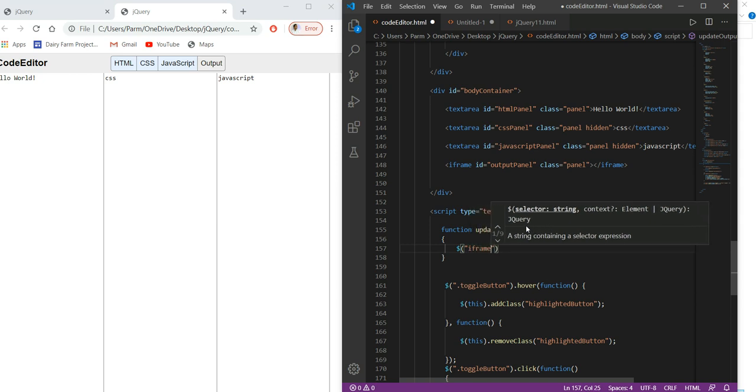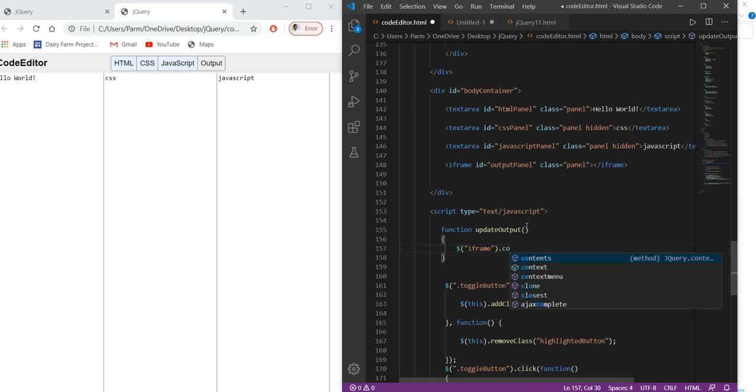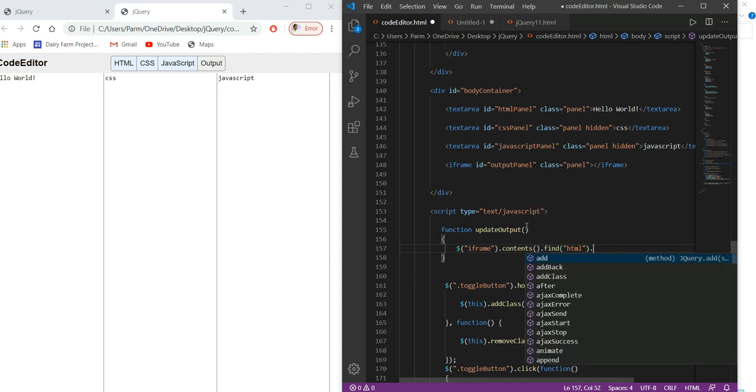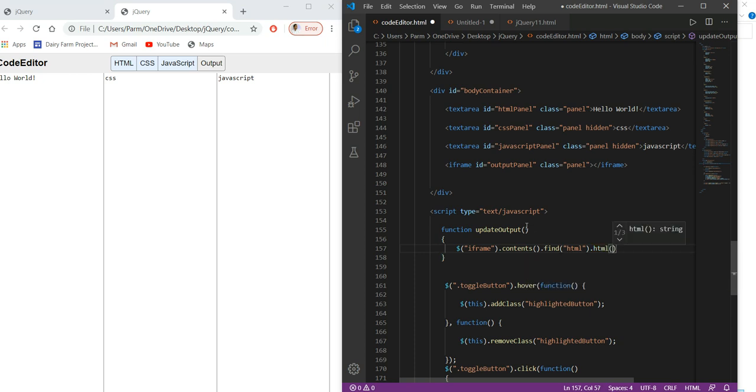We have given the iframe element, and to this I have to append its contents. So the contents function is called, then here we have to find the HTML, so the find function is called, and to this I have to find the code of HTML, and to this I will write the append function, and in the HTML I have to look for what I have to look for.